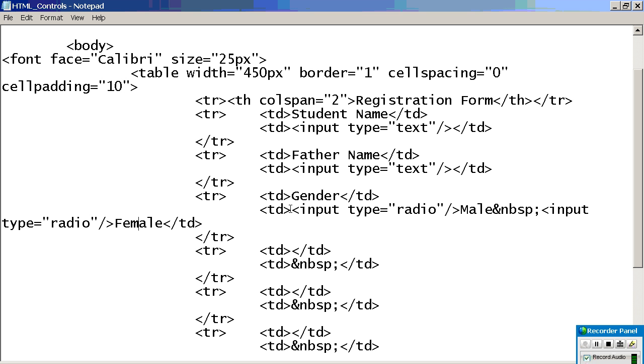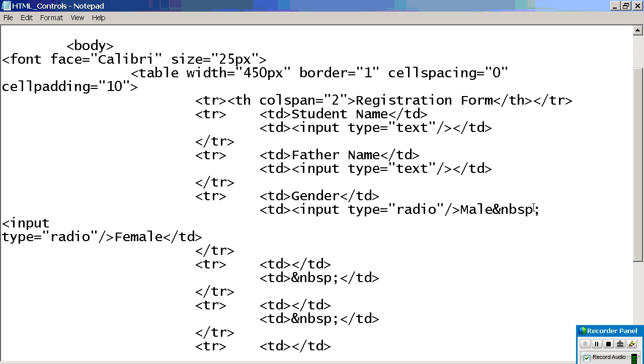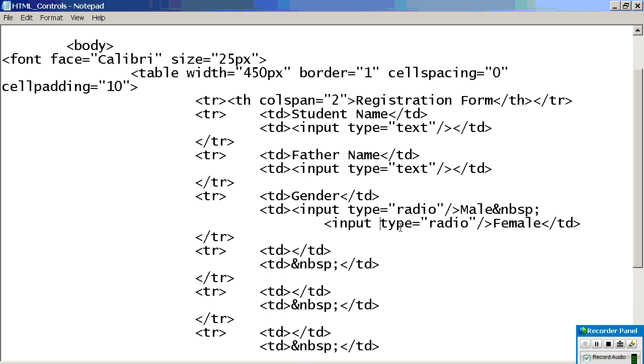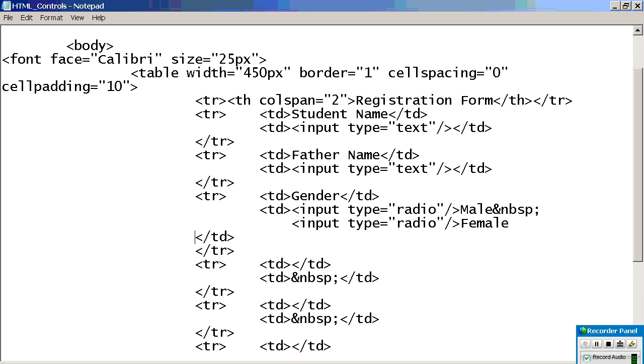Then what is the condition you need to use here? You need to use the property or attribute called name. Whatever name you give for this one, give the same to the other one. Are you understanding?